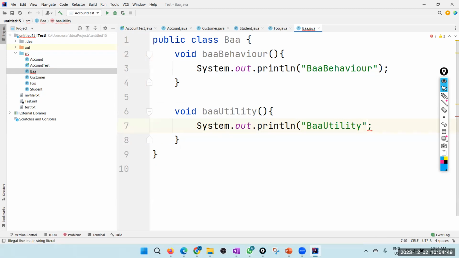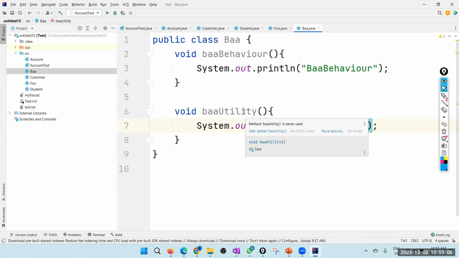Now let's assume first I want to have only unidirectional association. That means foo can call behaviors of bar, but bar cannot call behaviors of foo. Okay? Foo can call behaviors of bar, but bar cannot call behaviors of foo. That is unidirectional one-to-one association. Right. So